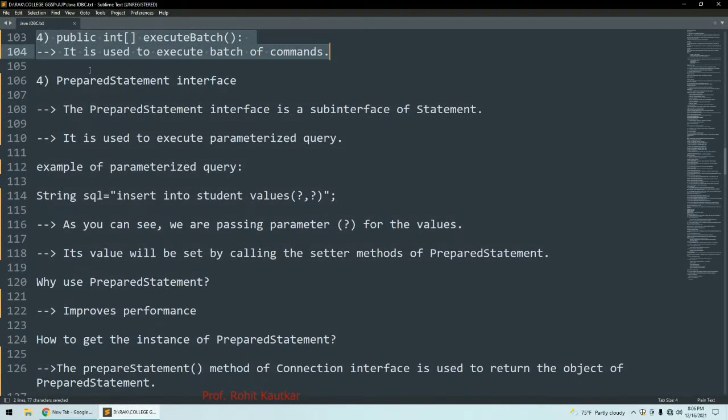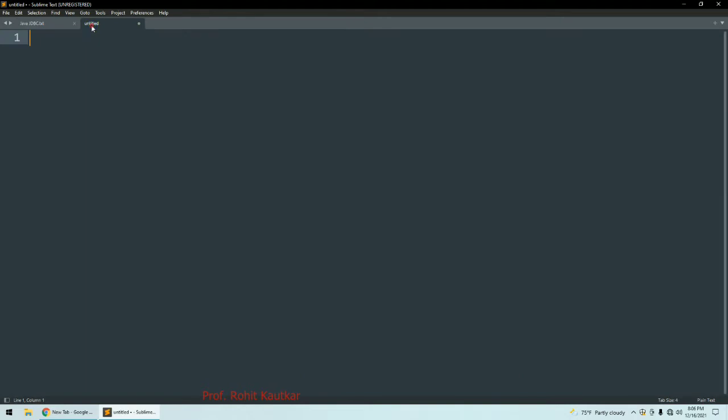Friends, understand here there are two types of statements. First type is called statement, and second type is called prepared statement.